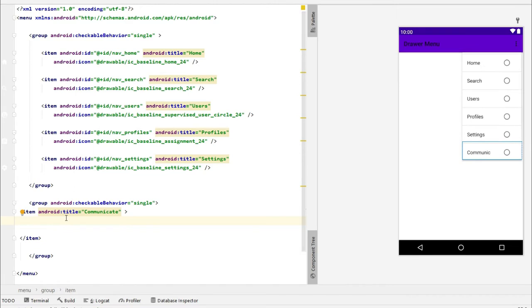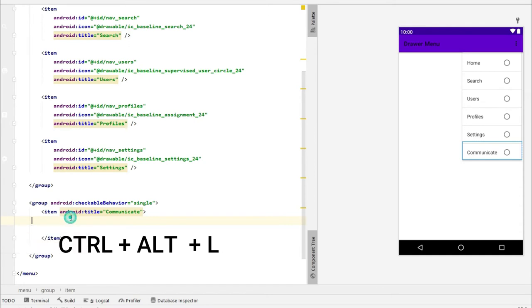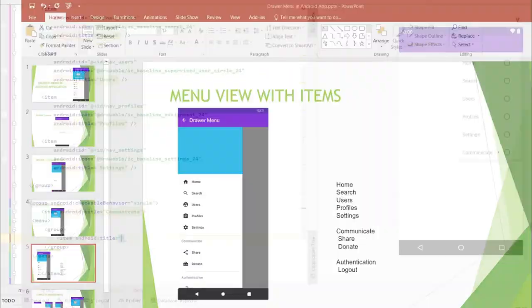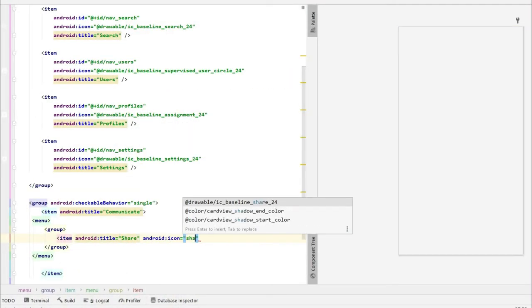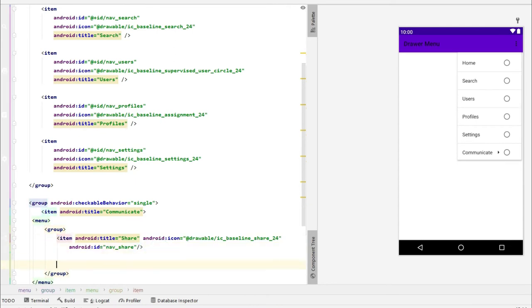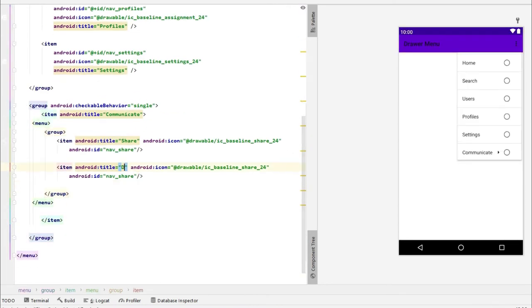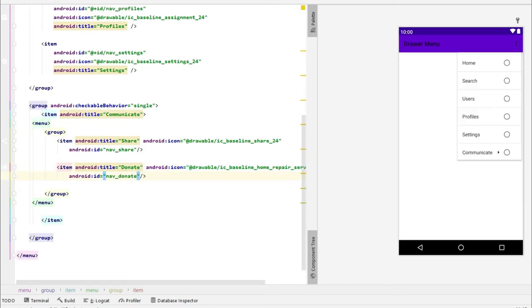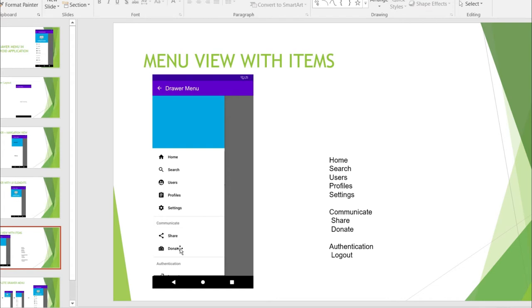So for indentation of code, press Ctrl, Alt and L. Now we again have to select the menu. So guys, our second group is completed, having 2 items in it.